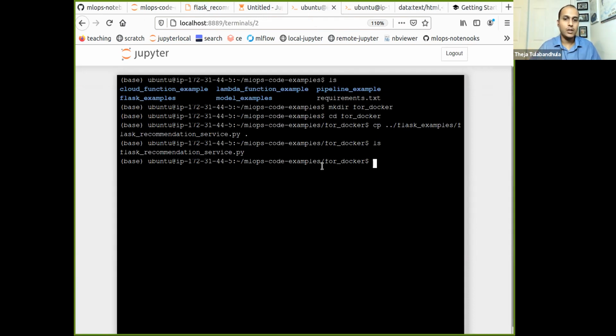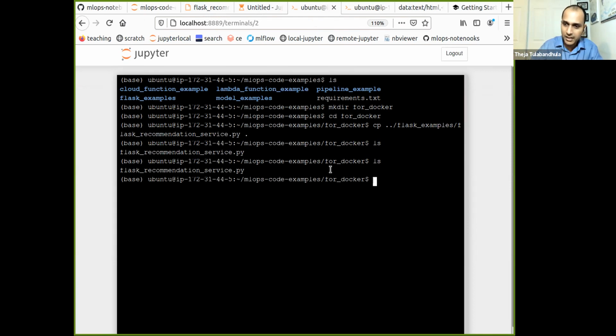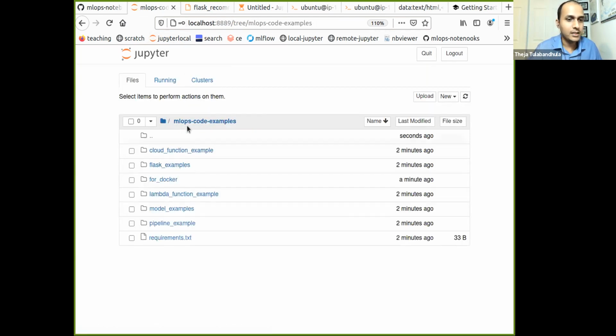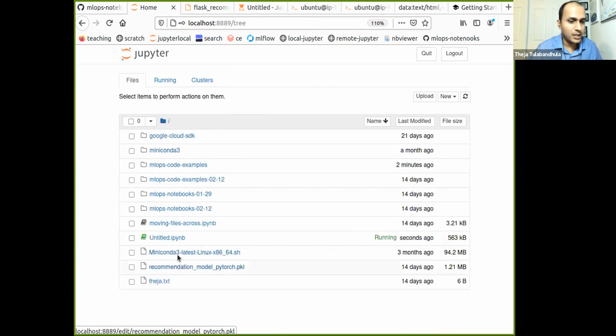So what I'm trying to do in the next couple of minutes is get the required files, the movies.dat and the recommendation model, and then I'll create a Docker file. Using all of them, I'm going to create an image. So let's get these extra files. I'm trying to see if we already have these files. Let's go to the home folder. There is a model file, but I don't see the, okay. So let's see.